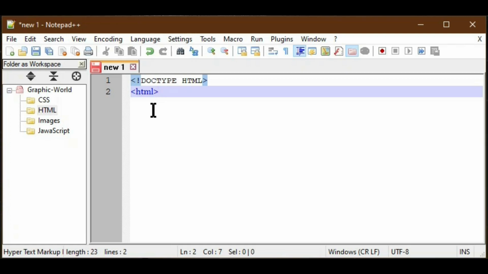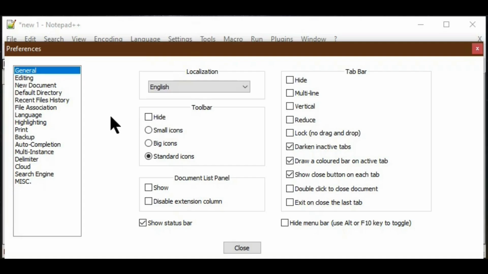That is because we have to do some settings for our HTML language in the preference menu. Sometimes by default some selection will be there, so some help it will show. However, any time you are doing this for the first time, better you go to the settings and preference menu and set the settings to suit our selected language. Here we already saw the new document settings.